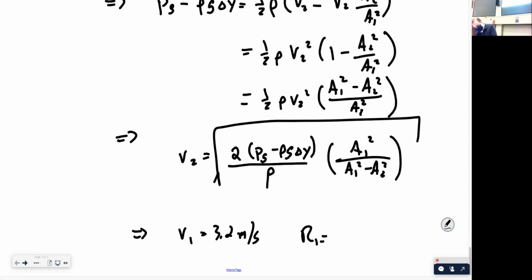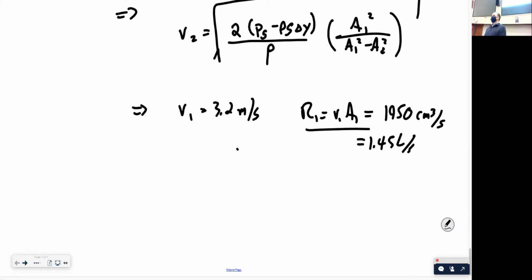And this, R1, is V1 times A1, is 1450 cubic centimeters per second, which is about 1.5 liters per second. And that will be the same in pipe 1 and pipe 2. So this is probably way faster than you would want your water to be coming out of your pipe. This is a gallon every 3 seconds or so. So, you know, usually there's some other things that are keeping your water from coming out of your pipe that fast, or you have a smaller nozzle or something. Actually, that wouldn't help you. Some other thing to stop the pressure from letting the water out so fast. Anyway,